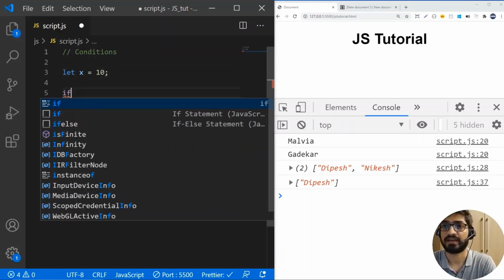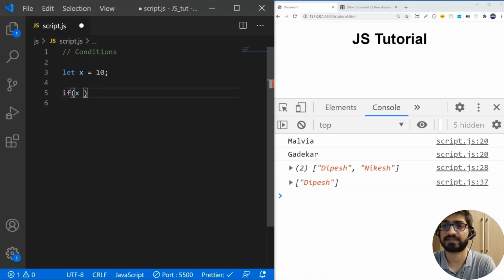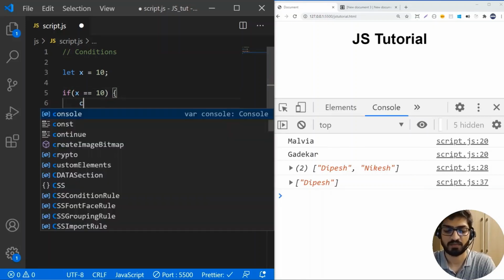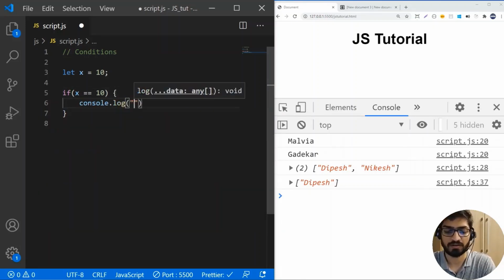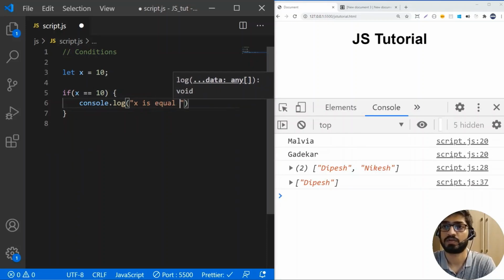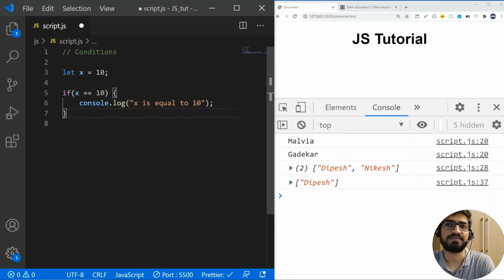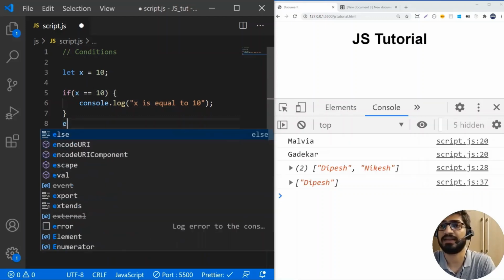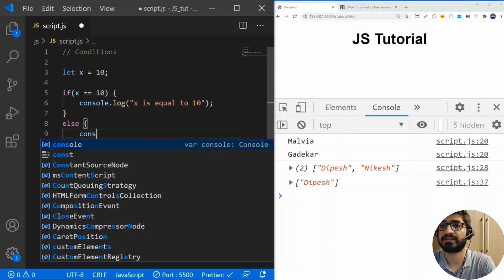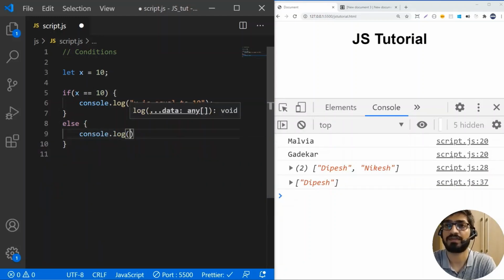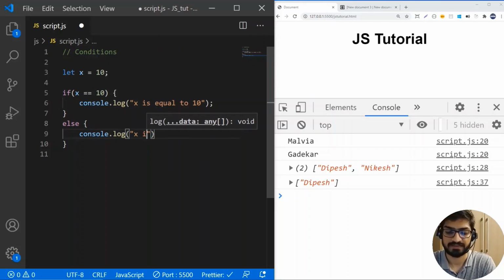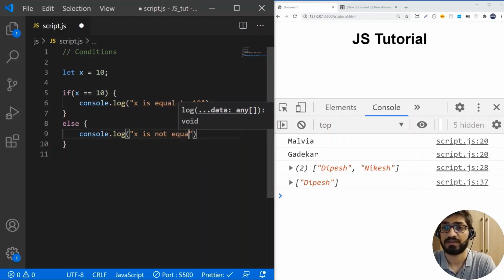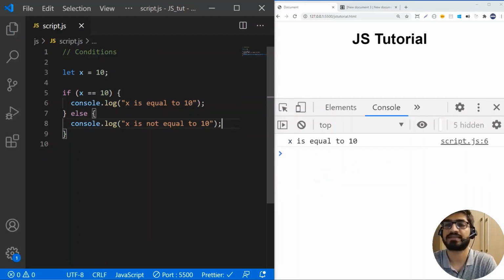All right. And I'll do if x equal to 10, then I'm going to have a console log x is equal to 10. Okay. And if this condition doesn't match, then I'm going to have an else. And in the else, I can add console.log x is not equal to 10. Okay. So yes, now we have the value as 10 and then it says yes, x is